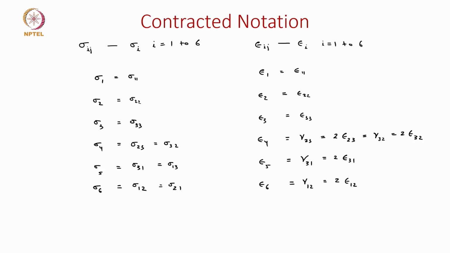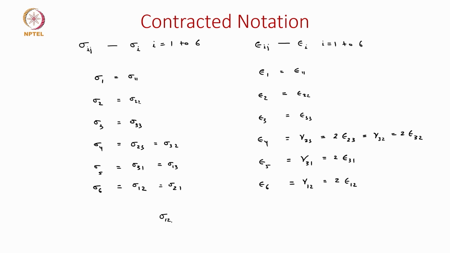So, what we are saying is that in the contracted notation we are still talking about the stress and strain. The only difference is we are moving from 2 subscripts for stress and strain to a single subscript for stress and strain. But we need to be careful about what stresses we are talking about, because most times we might be interested in